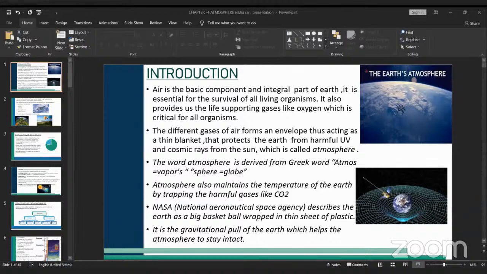Another wind is the Pampero. Pampero is the colder polar wind blowing very fast in the Pampas region of South America. Here also you can see the Pampas. Pampas are the temperate grasslands of South America. So they are the polar winds blowing very fast in the Pampas region and bring pleasant weather conditions in these areas. And there are also other winds blowing towards the interior of the South American continent in different countries.